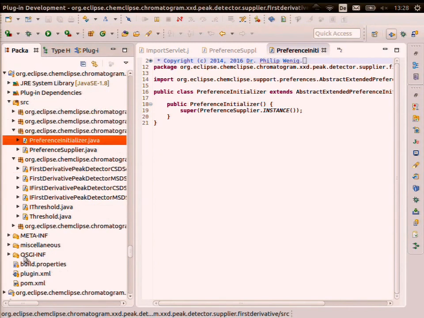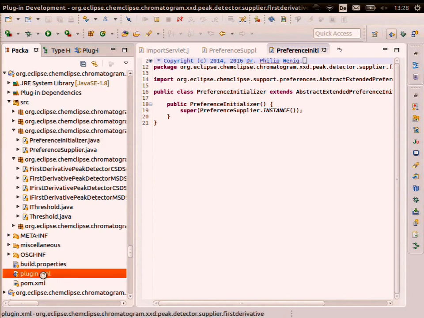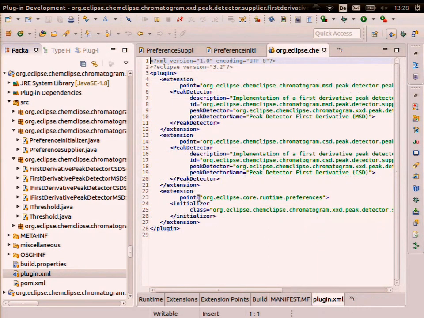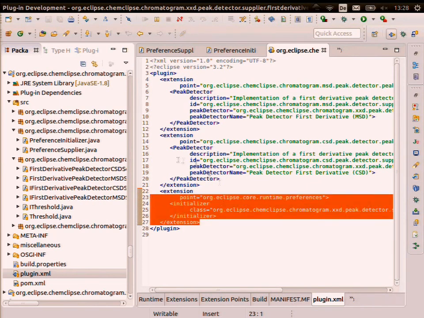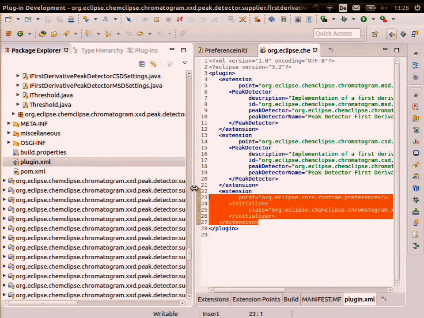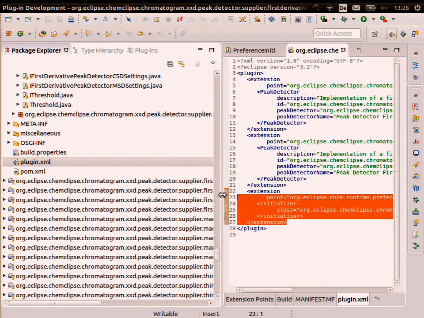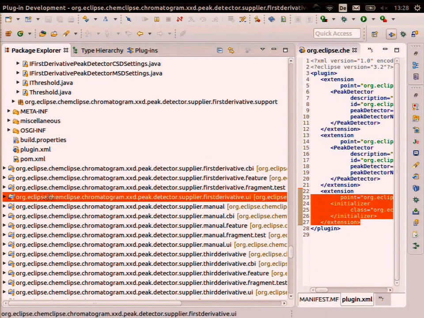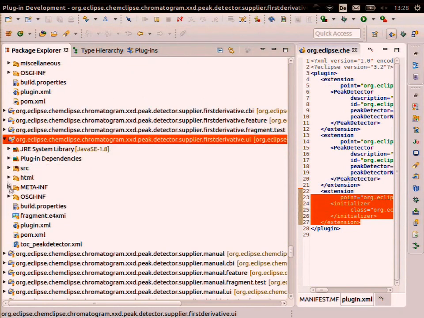So effectively, you go to plugin.xml, and what we have here is org.eclipse.core.runtime without JFace dependencies, and you run your initializer in the model bundle. The only thing you have to take care of then is that you want to display the preferences and the initialized preferences in the UI, in your preference dialog,